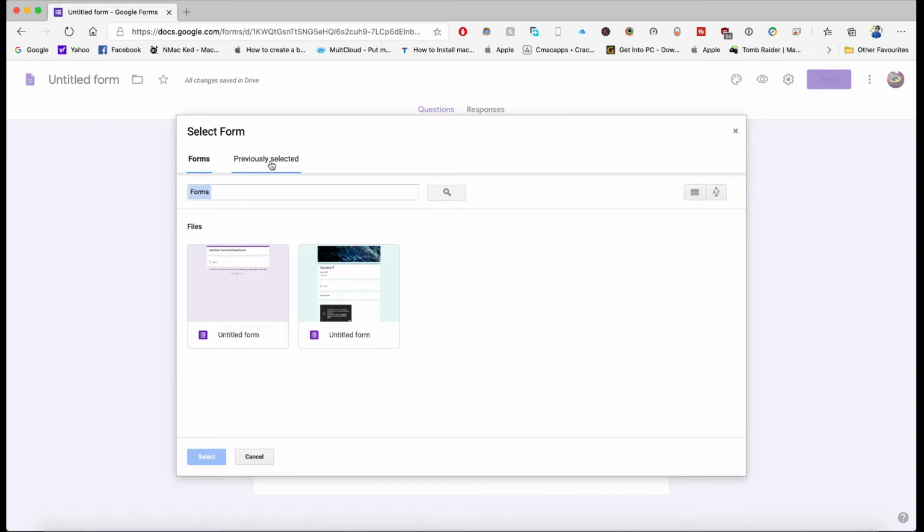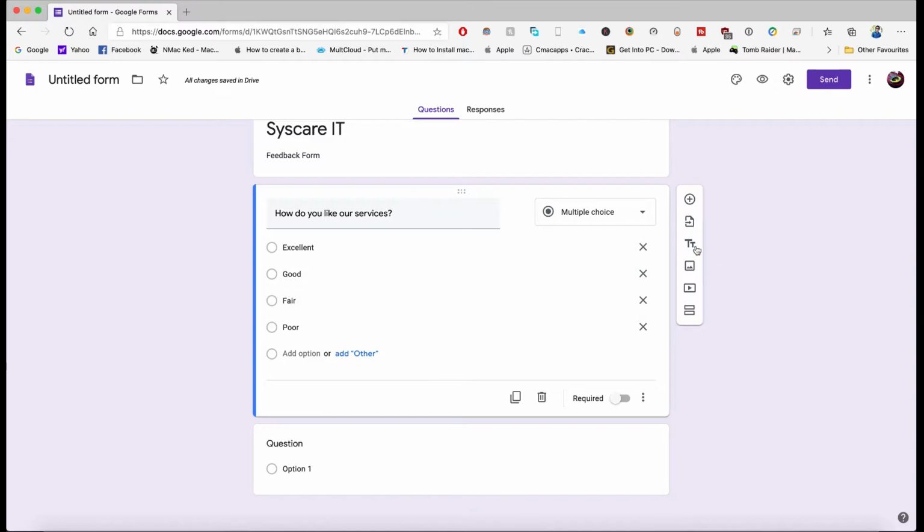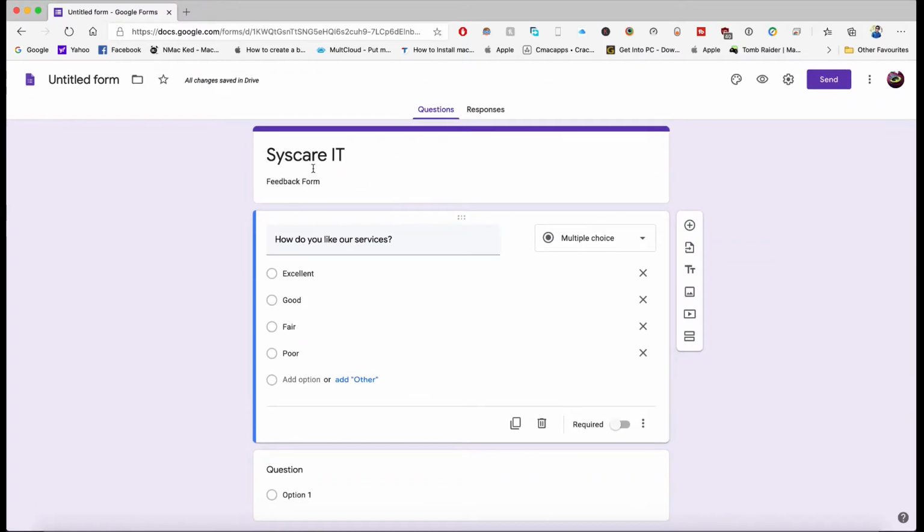On the previous selection also you can select it, which is now empty. Okay, so I am closing this window, and in the next option you can add a title and description. So first, in the header you have already given this, so if you want more titles and more descriptions you can add them from here. Okay, and the fourth option is to add an image.